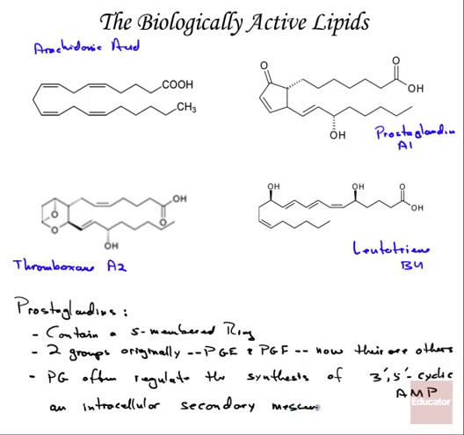Secondary messenger. What we mean by secondary messenger is, let's say from outside the cell there is a primary messenger, some sort of a molecule that binds to the outside of the cell. Something happens and it signals the inside of the cell. The inside of the cell produces 3',5' cyclic adenosine monophosphate that is mediated by the production of some prostaglandin,